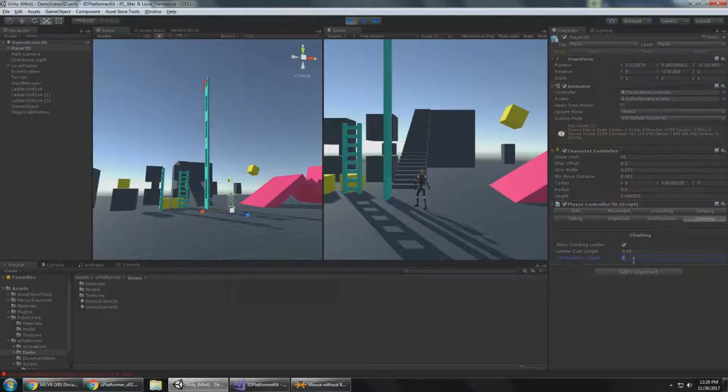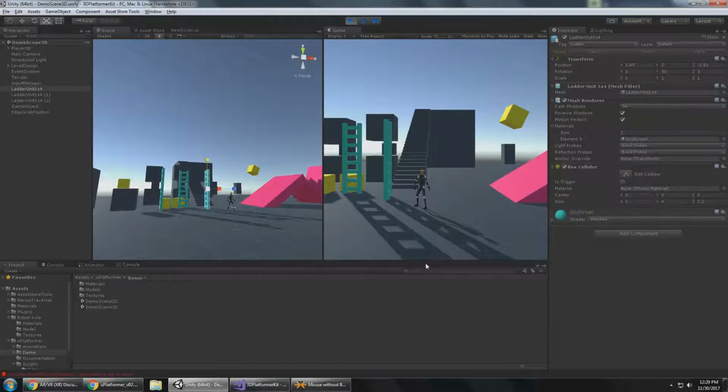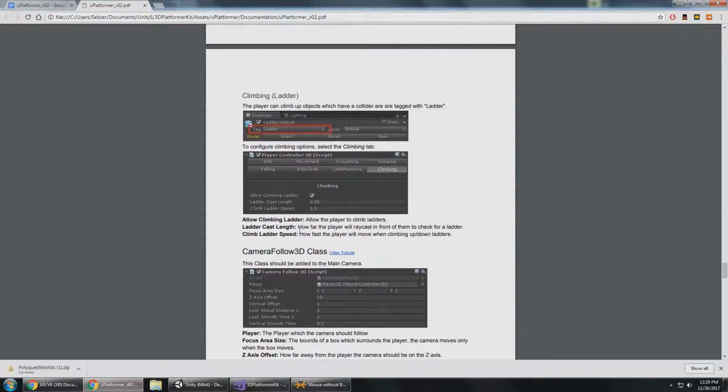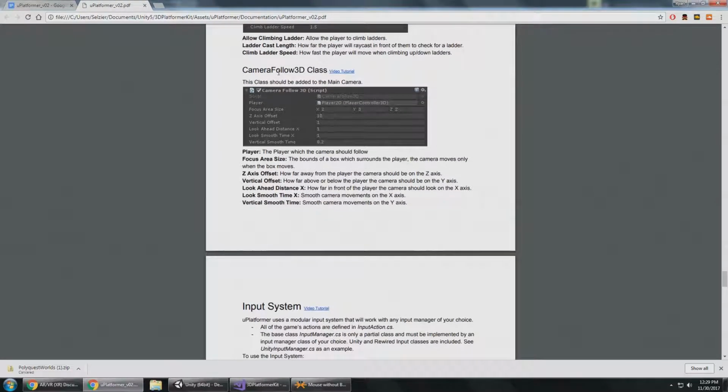I'm going to put the ladder climb speed back to 1.5 and fix my ladder. Now let's move on with the documentation, because we still have to look at the CameraFollow3D